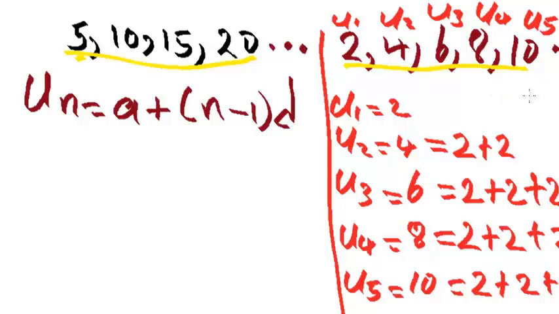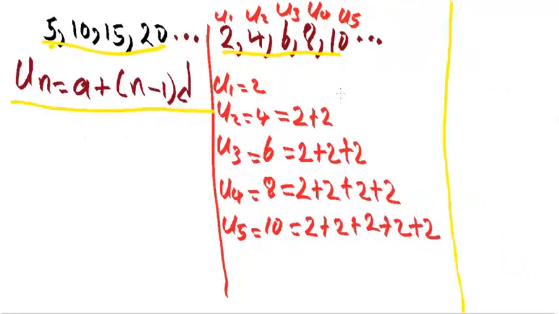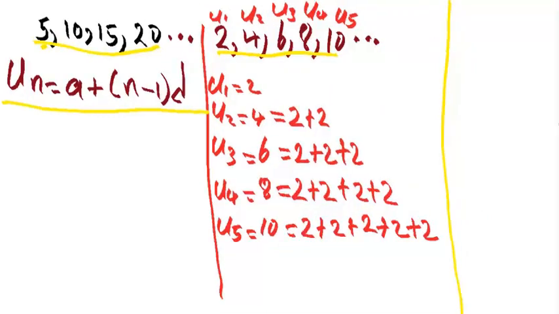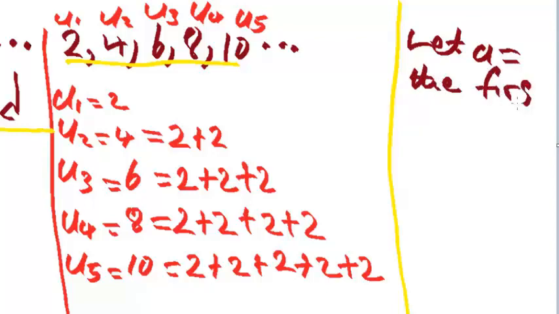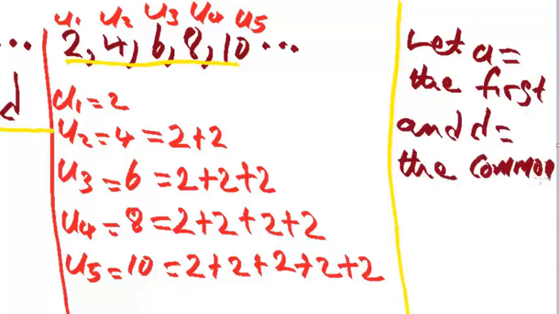Right. So here I'm going to say that let A equal the first term. So we are going to replace our first term by A, and D equal the common difference. That implies that